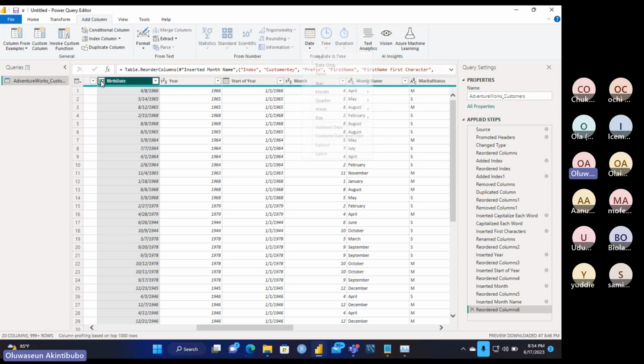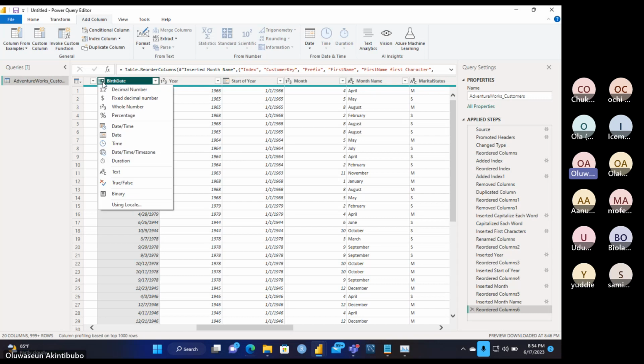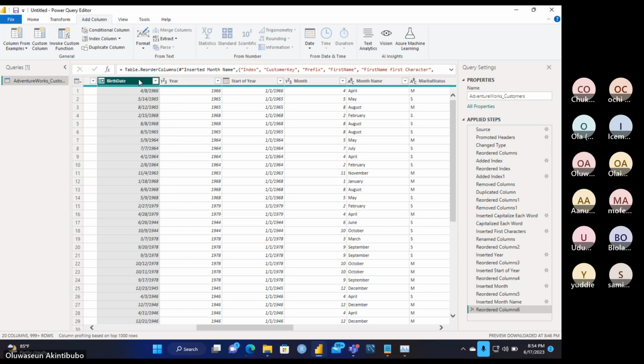And are you sure the birthday column has a calendar by the side? Look at the birthday. Does it have a calendar by the side? No, it's showing text. So click on that text and convert it back to dates. Click on dates. It's giving some errors. What error is it giving? We couldn't parse the input provided as a date value. How did your own become dates? Snap it and send it to me. Let me see.